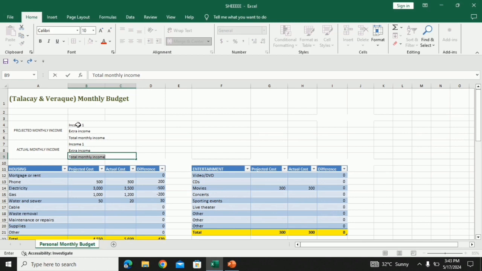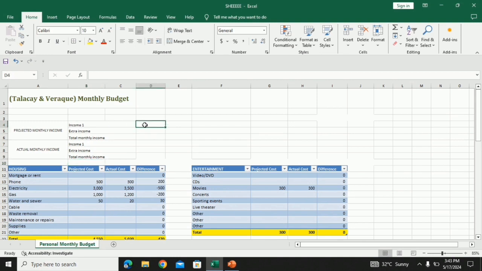Lastly, total monthly income. Income 22,000. Extra income 2,500.